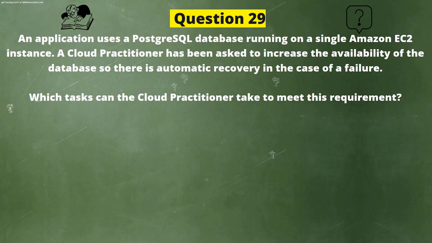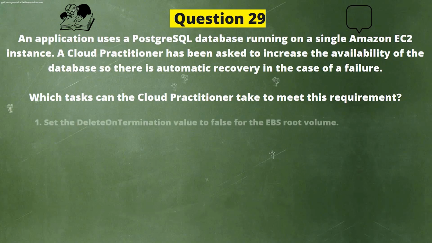Next question. An application uses a PostgreSQL database running on a single Amazon EC2 instance. A cloud practitioner has been asked to increase the availability of the database so there is automatic recovery in the case of a failure. Which tasks can the cloud practitioner take to meet this requirement? And the options are: